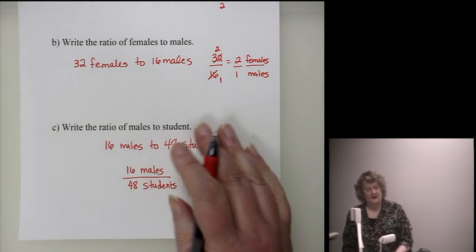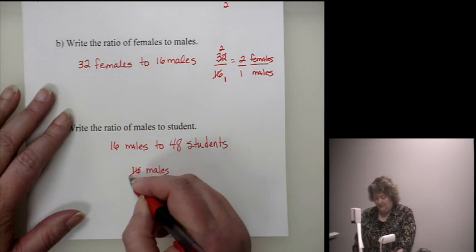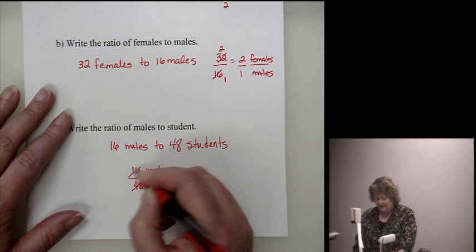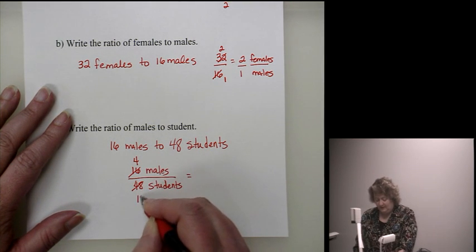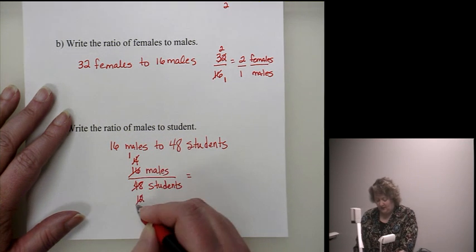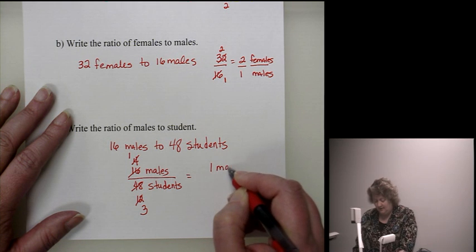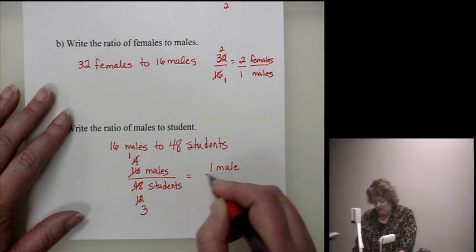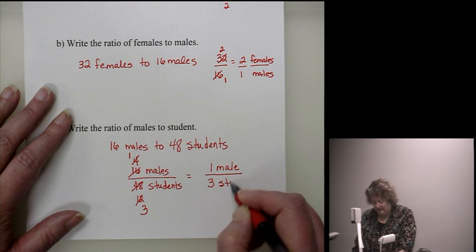And in this case, we may not see the division, but let's divide both of these by 4. 16 divided by 4 is 4. 48 divided by 4 is 12. 4 goes into itself 1 time. 4 goes into 12 3 times. So you get 1 male for every 3